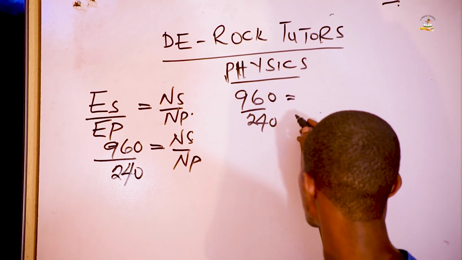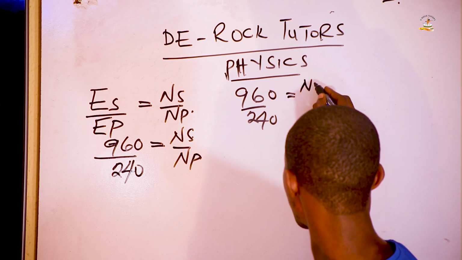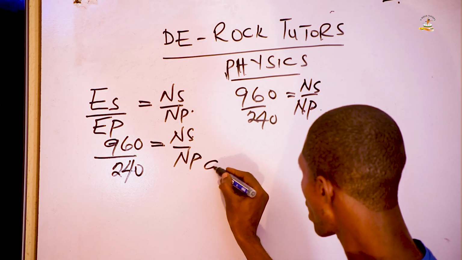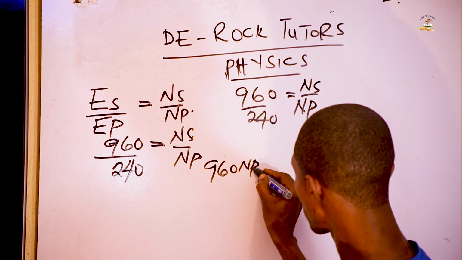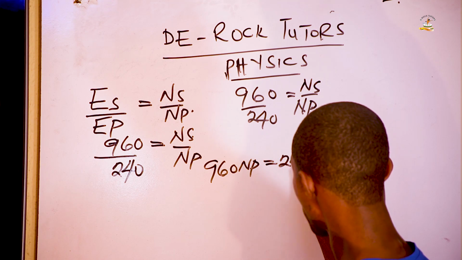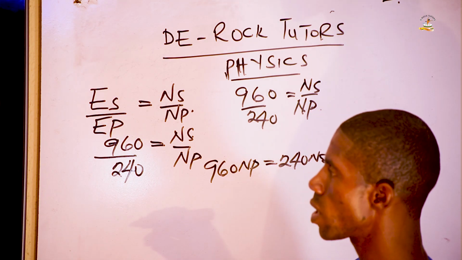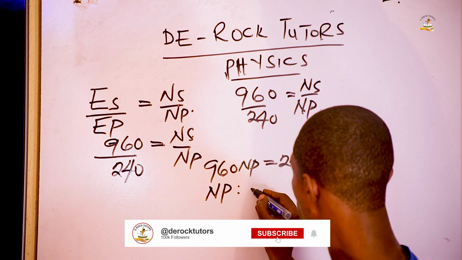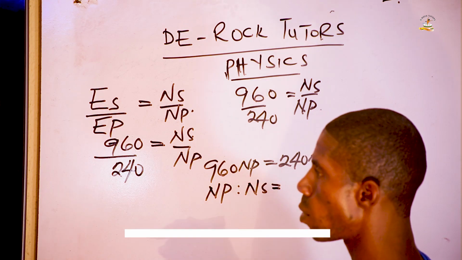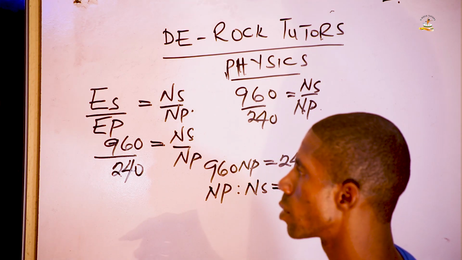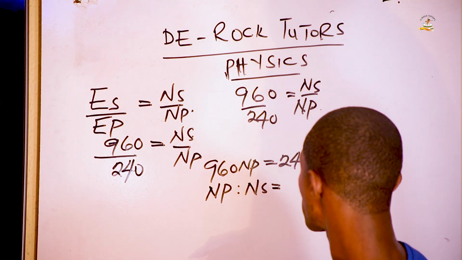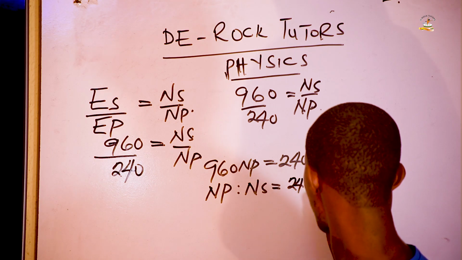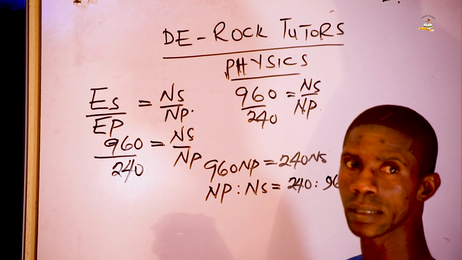So what I have to do is to cross multiply what I have as Ns over Np. So I'll have 960 Np equals 240 Ns. And the question says I should get the value of my Np against the Ns. That will amount to the ratio of the number of turns of the primary to that of the secondary. So I'll have 240 ratio 960. So with this, I will